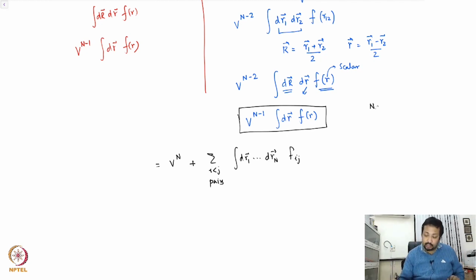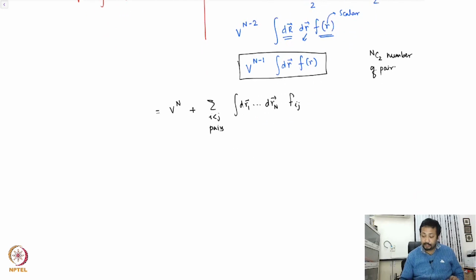NC2, the number of pairs I can pick up from the system, from these n particles, so that I can just replace this sum by n times (n minus 1) by 2, which is essentially your NC2, times the integral V to the power n minus 1, and so I replace the sum by this and just pick up one of the typical integrals that I have by choosing one pair. So I have V to the power n minus 1 times the integral dr f of r,